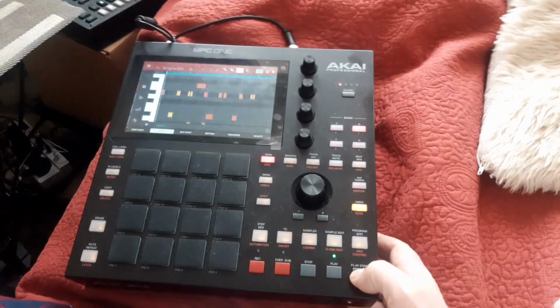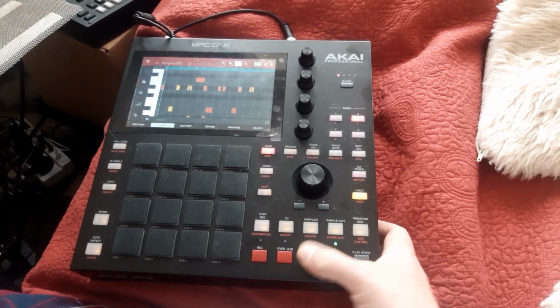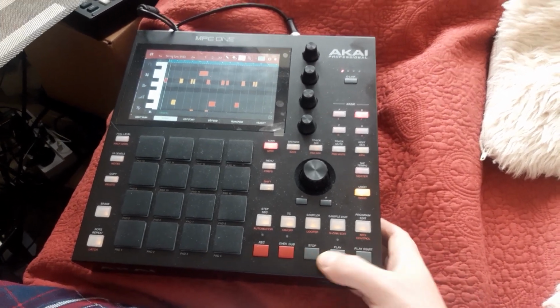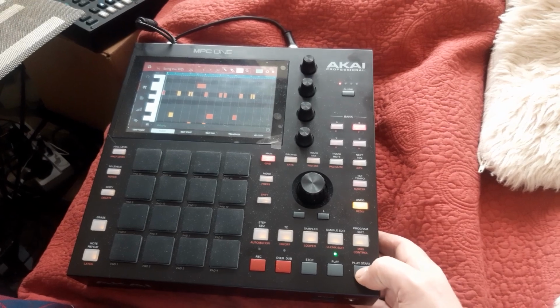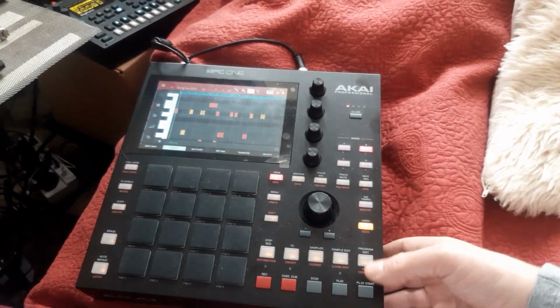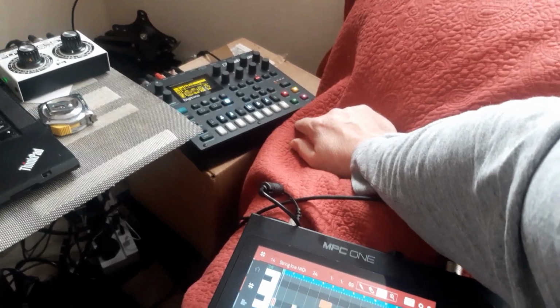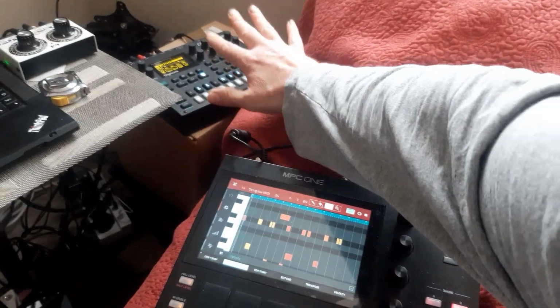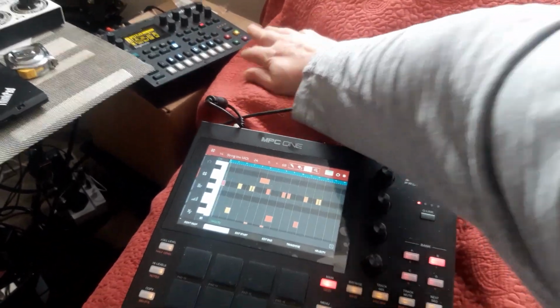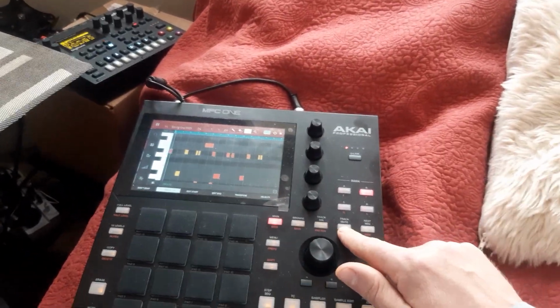Doesn't seem to like a re-trigger there either. Look, it picks it up like that, but it won't pick it up like this. So is that an MPC thing, or is that the Digitone? You have to look into that further. But at the end of the day, what does work in this fashion is when we do,